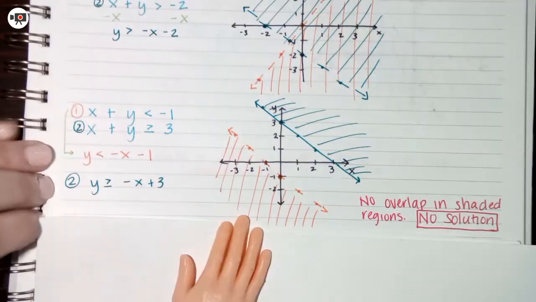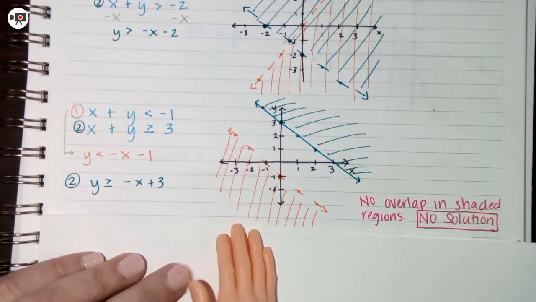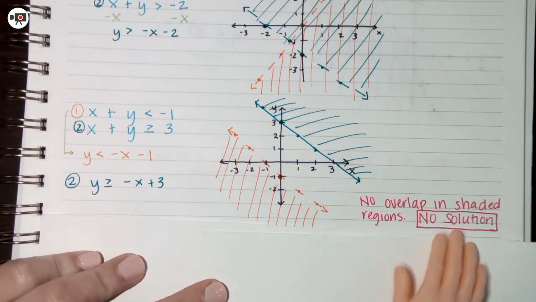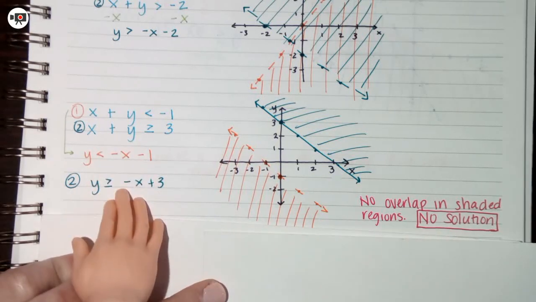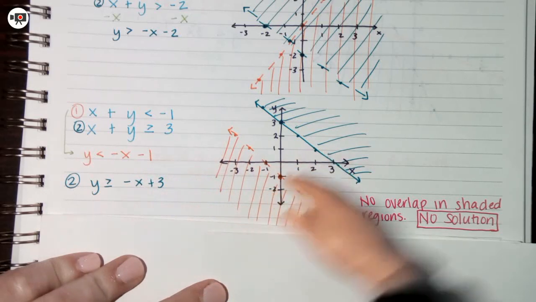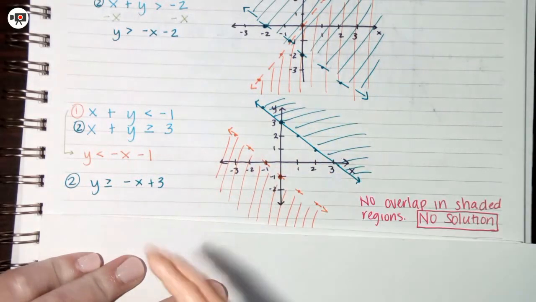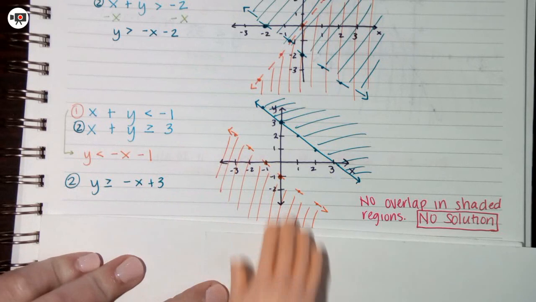When there is no intersection, there is no solution. My two inequalities have the same slope and different y-intercepts. So they are parallel, and if I shade the outsides